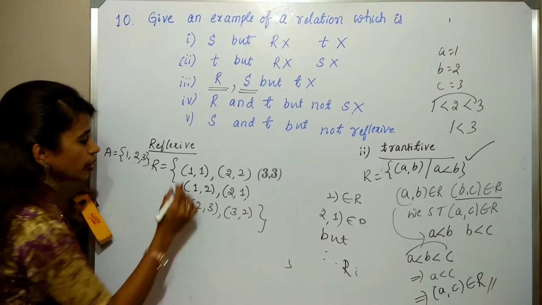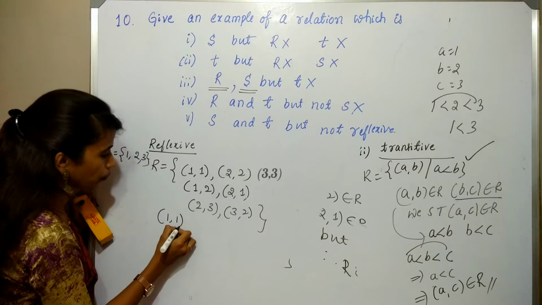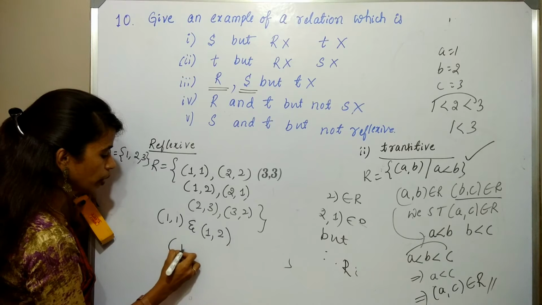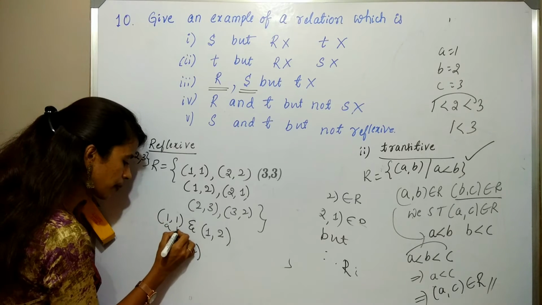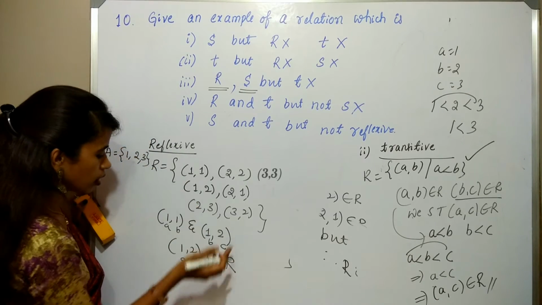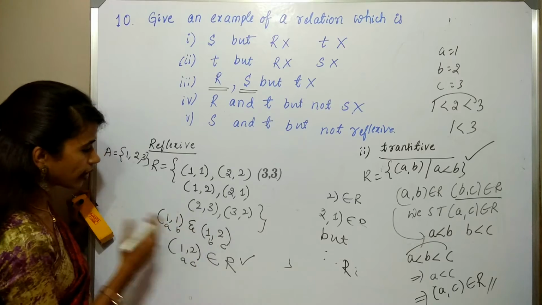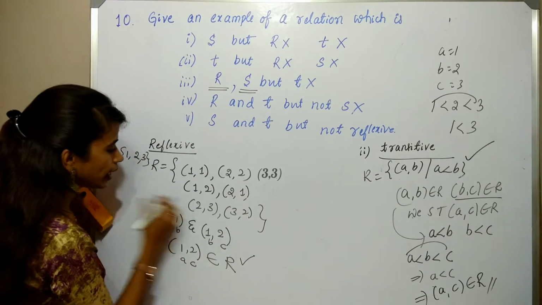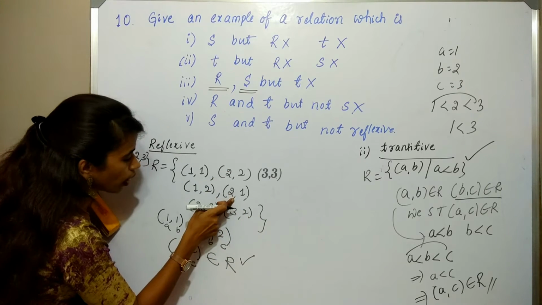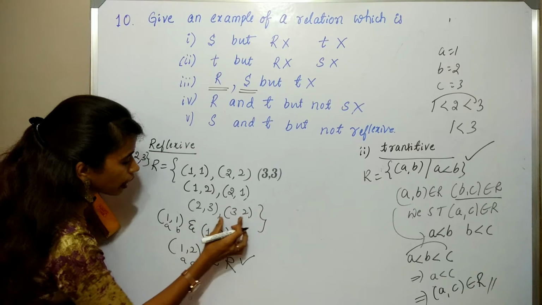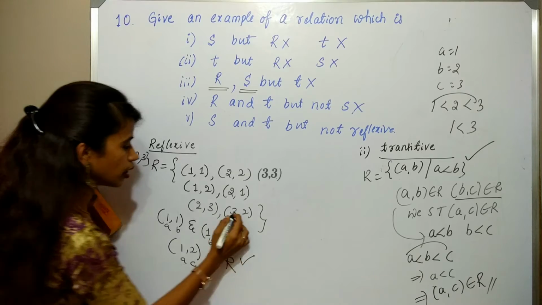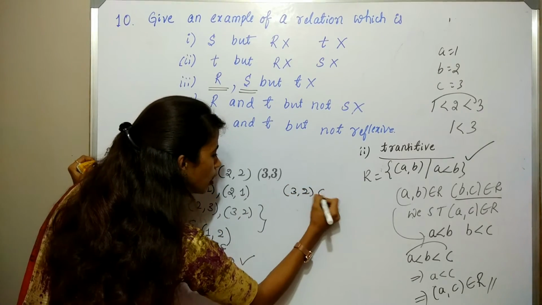What about transitive? If I take (1, 1) and starting with 1, (1, 2), is (1, 2) belongs to R? Is it (A, B), (B, C)? What about (A, C)? (1, 2), does it belong to R? So (1, 2) clearly belongs to R. Take another element. If I take (2, 3), (2, 2) is there. If I take (2, 1), (1, 2), (2, 2) is also there. Now if I take (3, 2), starting with (2, 1). Okay, here is the element. (3, 2) belongs to R.